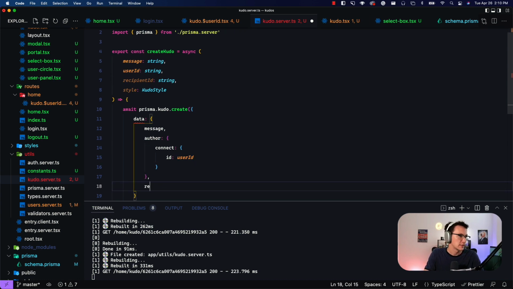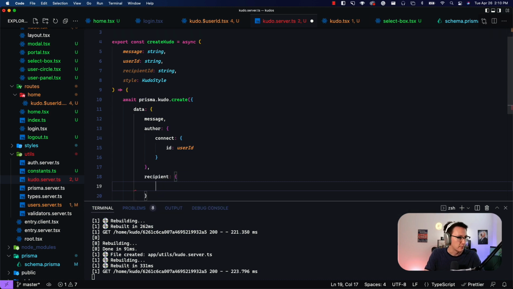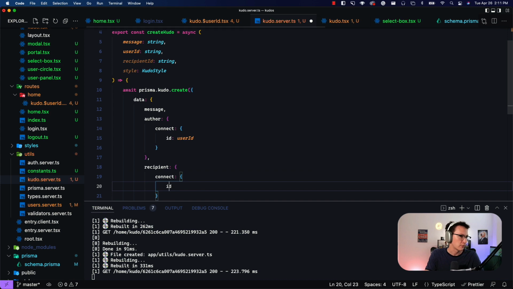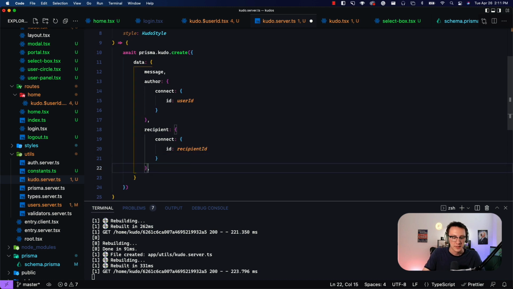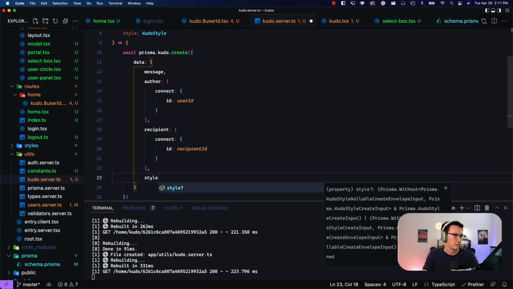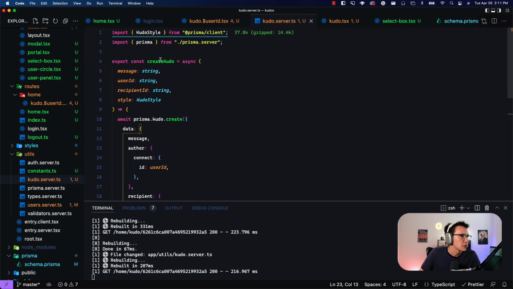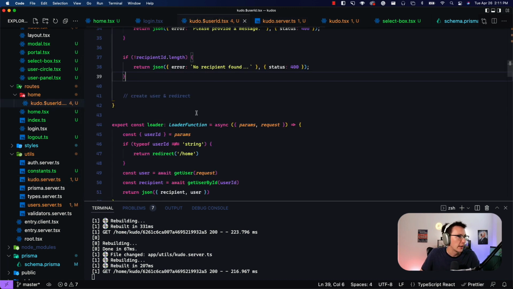The next one's going to be similar, except it will be the recipient. So we're going to connect a recipient to this Kudo based off of the recipient ID we pass in. And the last piece of data that we're going to give it is the style embedded document. And with that, we've got a function to create the Kudo,